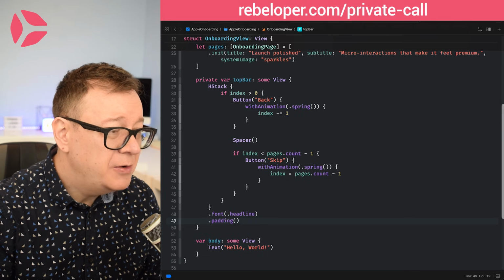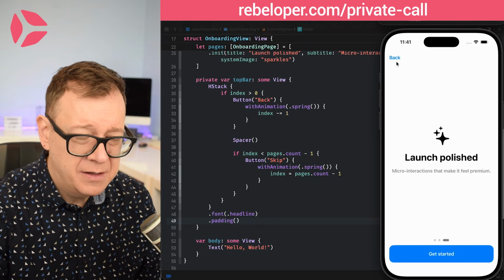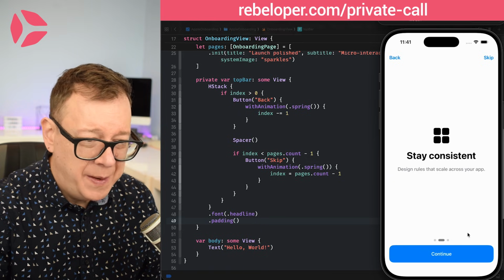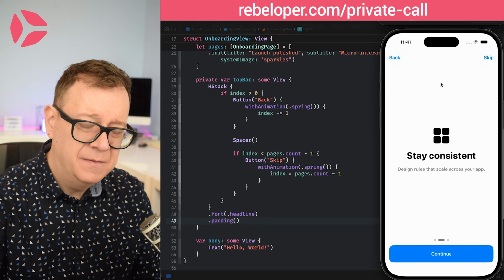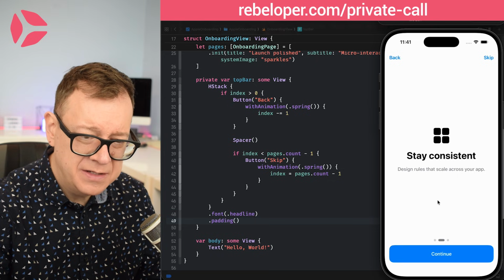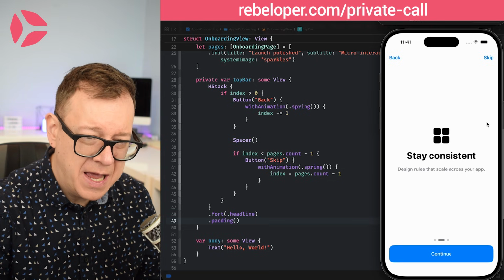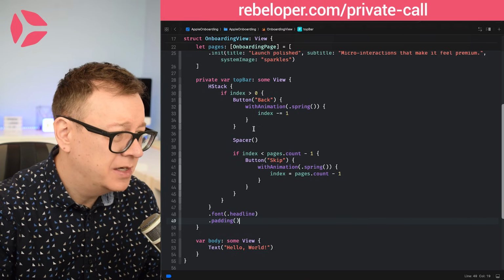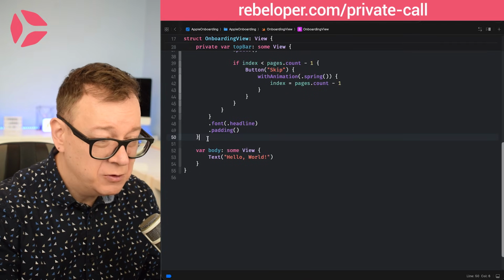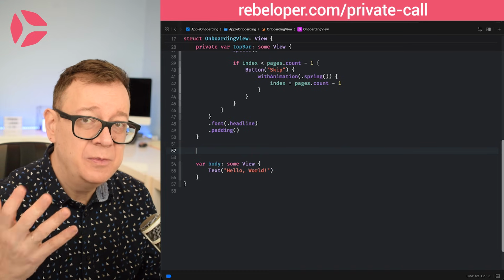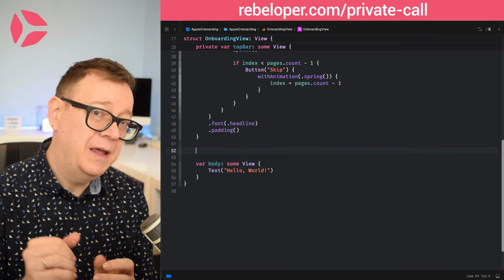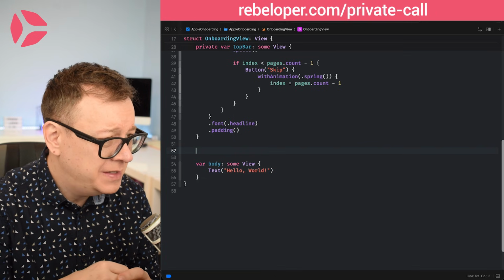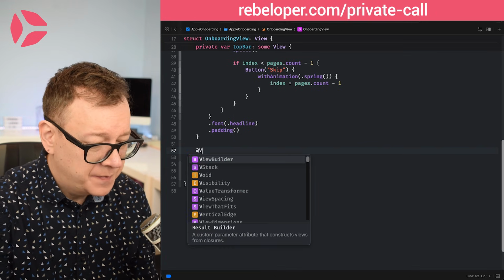Great. Now it's time to build the page view. So we covered our top bar. Now the page view. Basically, this is a vertical stack. We have some spacers over here, top and bottom, and then the content itself. So let's build it out, and you can see it inside the code. With this one, we are going to need a view builder because we are going to add in different views inside this page view. So @ViewBuilder,